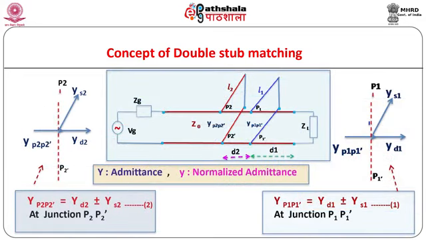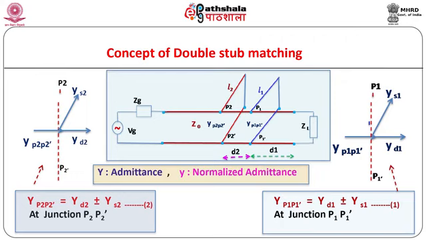Let us discuss the mathematical basis for double stub matching. Since we are using the two stubs in parallel to the main transmission line, the mathematical analysis is done using admittances rather than using impedances. The following two equations form the basis for the mathematical formulation of double stub matching. The capital letter Y is used to represent actual admittance, while small letter y is used to represent normalized admittance. Note that the equations involve admittances since the stubs are in parallel with the transmission line.